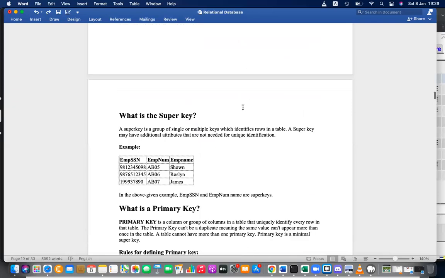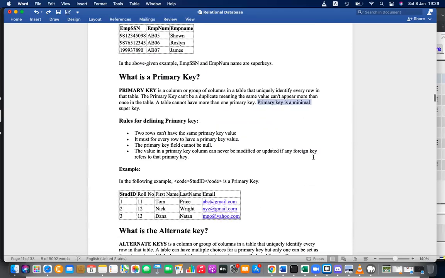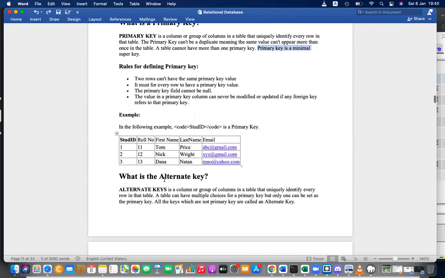I would really like it if you could highlight the point. A super key is basically a group of single or multiple keys which can identify a row. It can be one or more. Primary key is the minimal super key, and alternative keys are the remaining super keys.